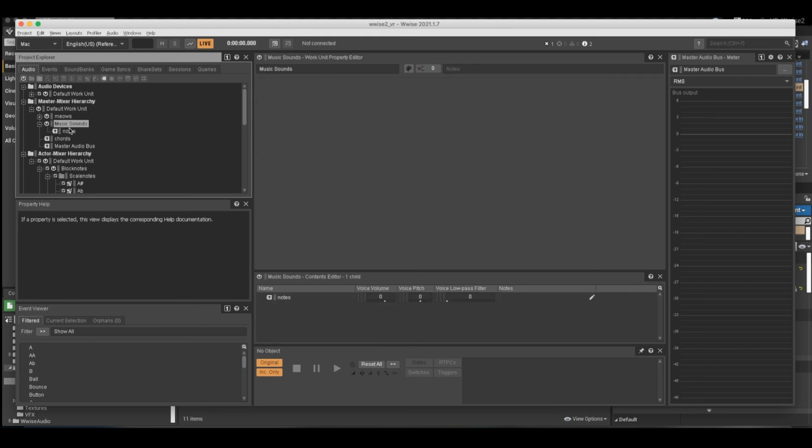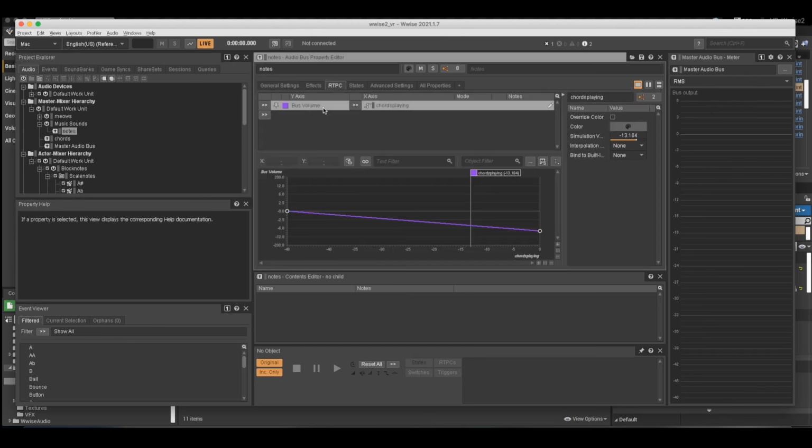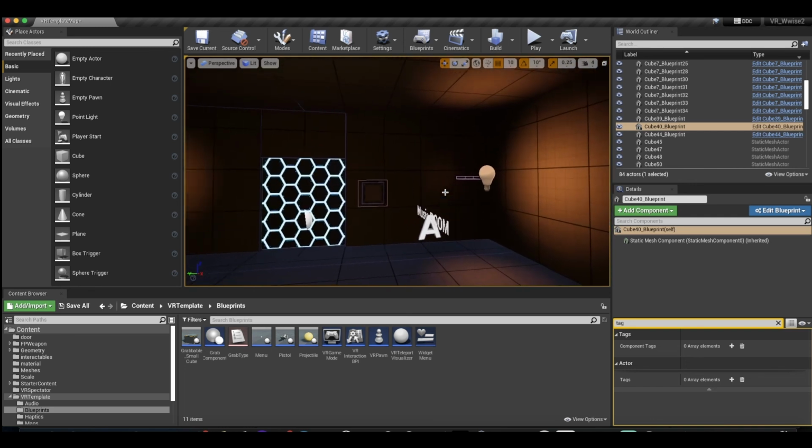So I sent the notes to this music sound auxiliary, and if we look here, we'll see that the bus volume is connected to that chords playing RTPC. As the chords are playing, we can hear the volume of the notes decrease, so that it doesn't clip or cause too much noise crowding. That is about it. After that, we could just hit the button,